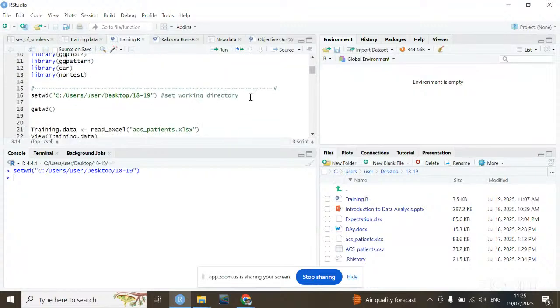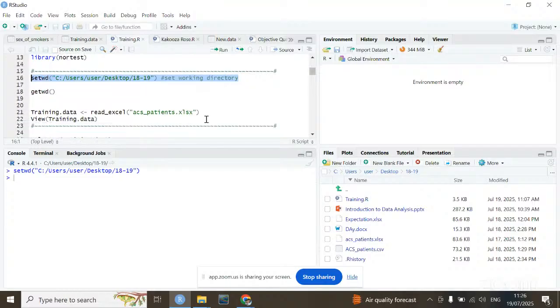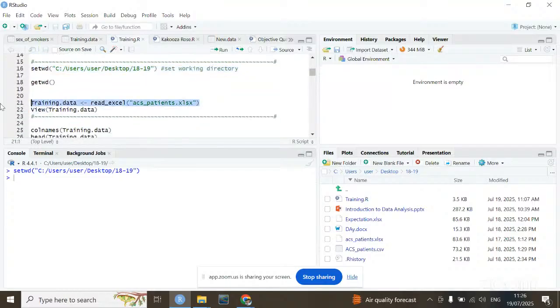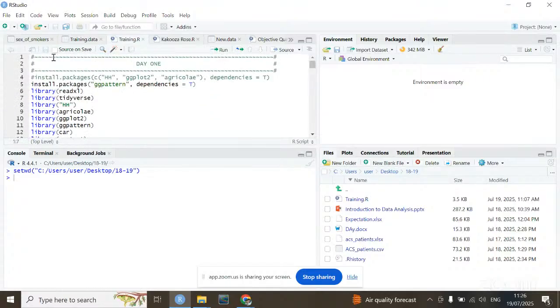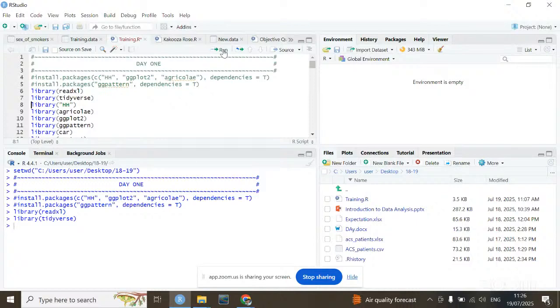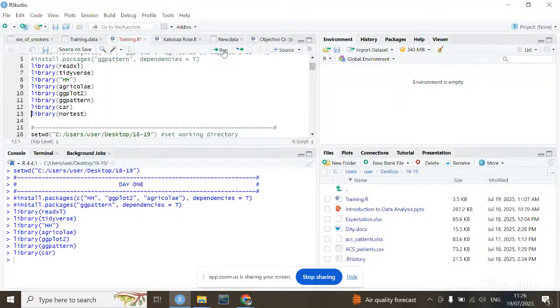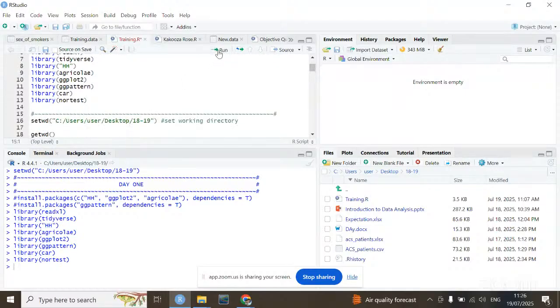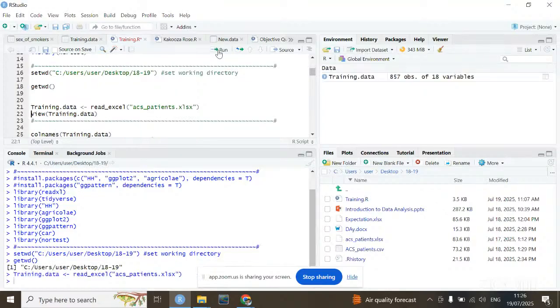But since we had already copied our commands for setting the working directory and pasted them in the script window, and also the command for importing the data from the console yesterday, what we just need to do is run. We need to load our packages because we'll use them later on. So this is setting the working directory and loading the data. If we are to view the data,